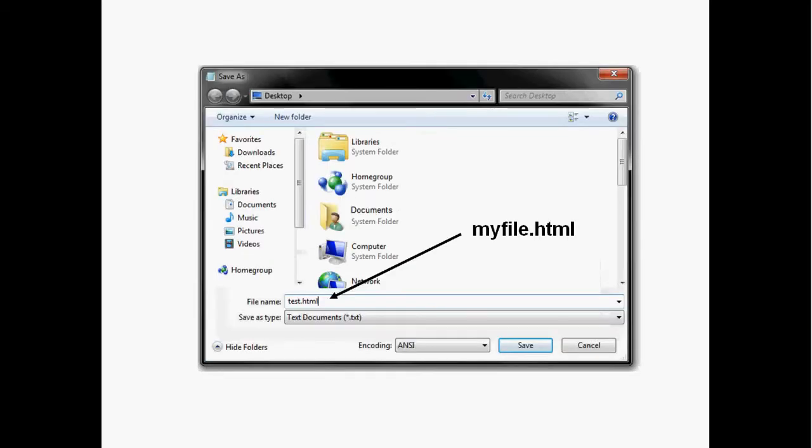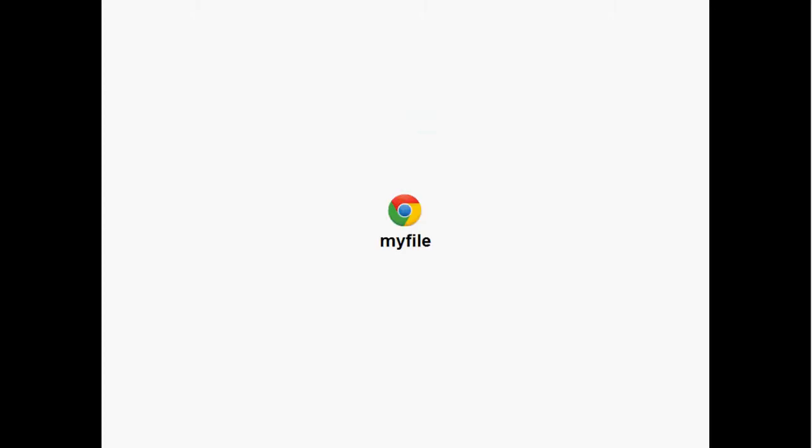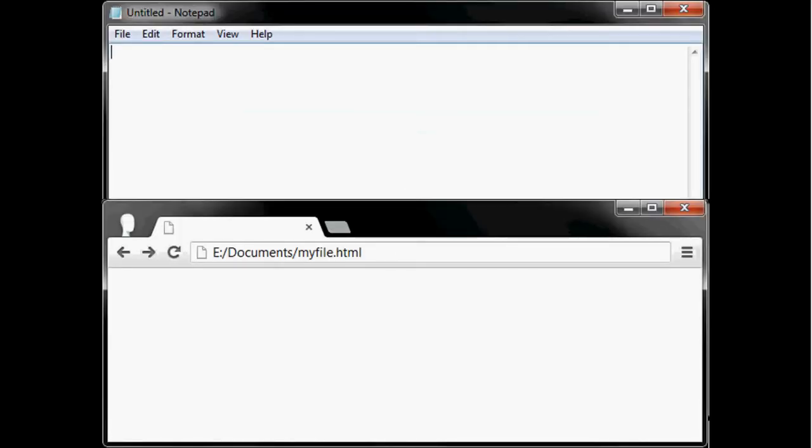So, if you want to create a paragraph, we should first start with a paragraph title. We use headings for paragraph titles, so open your Notepad and save the blank HTML file using Save As and type myfile.html. Now, open the saved file with your web browser. In Notepad, type doctype, HTML and body tags.